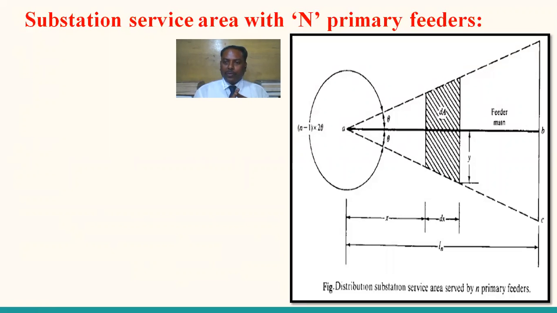For any uniformly distributed feeder, the voltage drop calculation is simply taking any point on the feeder at x meters from the feed point, considering a small differential area dA with a distance of dx, and evaluating the voltage drop for that particular one. The limits are then extended for the total feeder, so that you can get the voltage drop of an entire distributor.